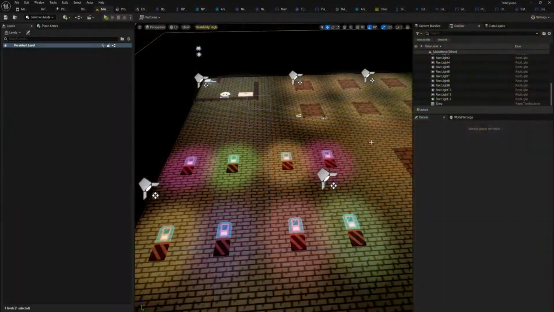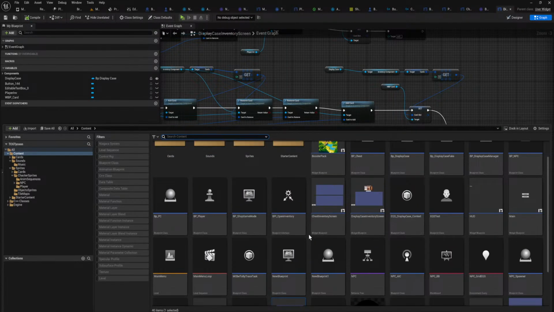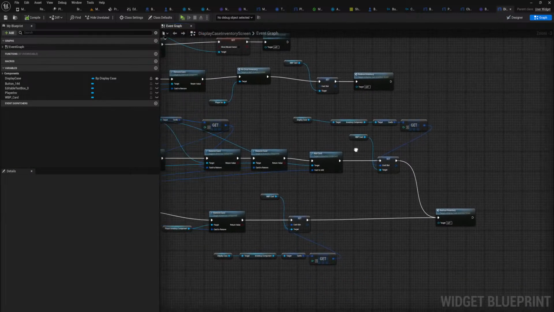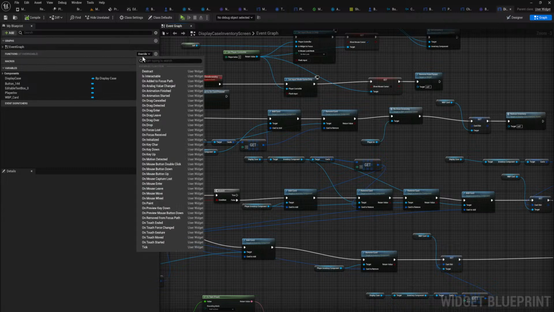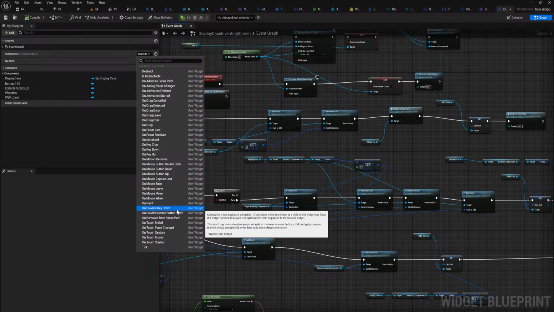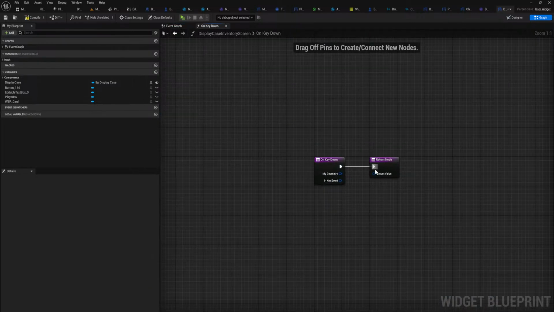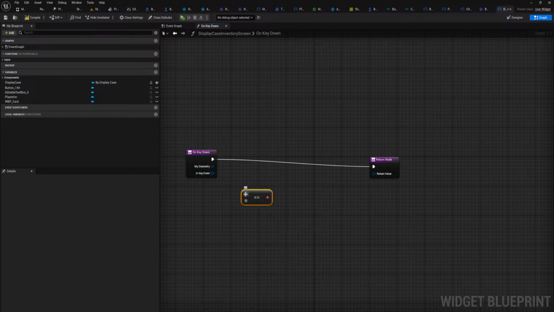The last thing that I want to make work is in this one. I think on key down, not on preview key down. Yeah, on key down. In key event is equal to